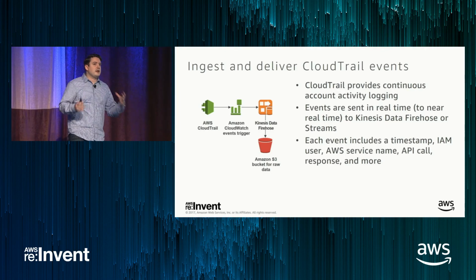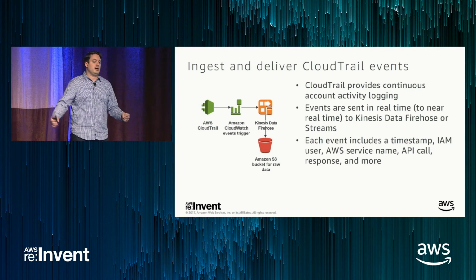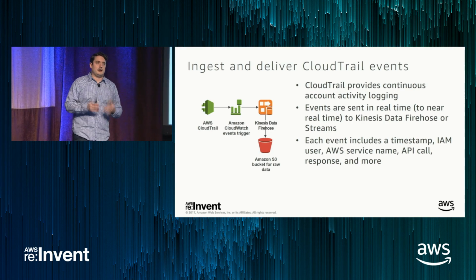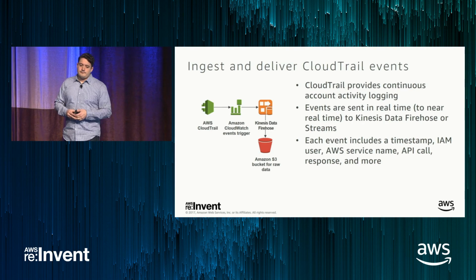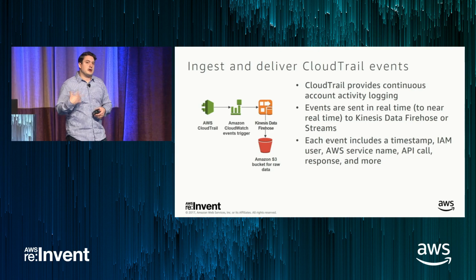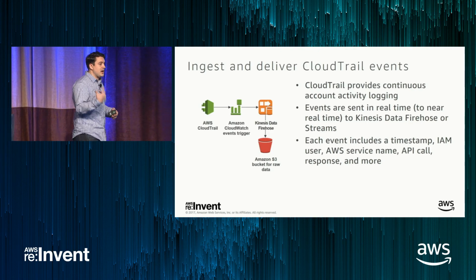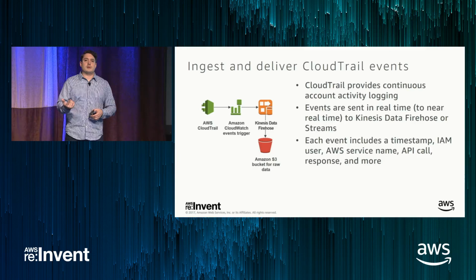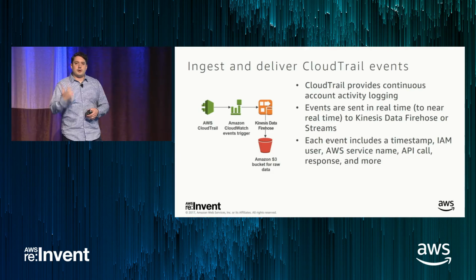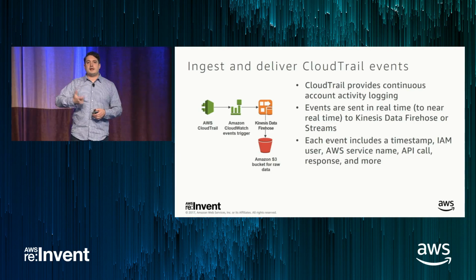And there's a lot of different combinations between point A and point B outside of even streaming data. I highly encourage you to look at it. So each event, I said, includes a bunch of useful information. And one of the things it includes is a timestamp. We're going to go into a little bit more detail with this later, but what's important to note is this is the timestamp that the event was created.